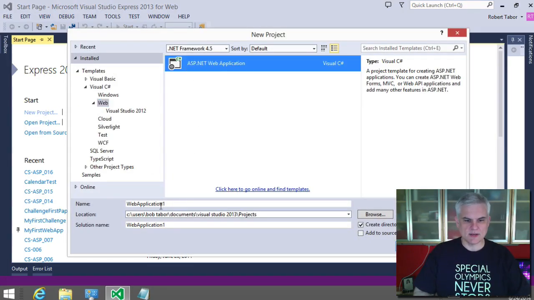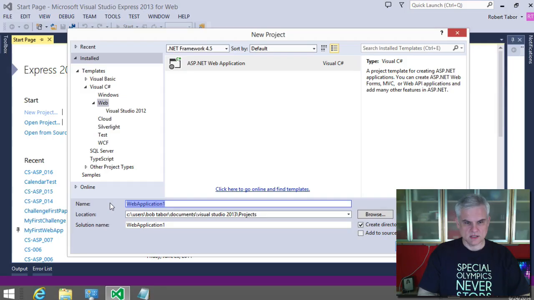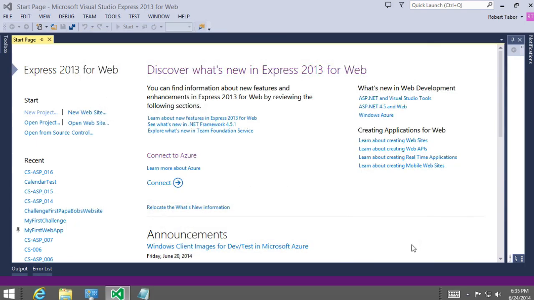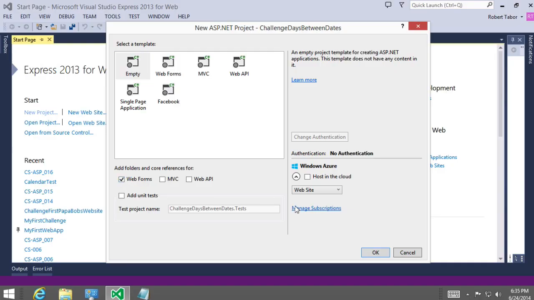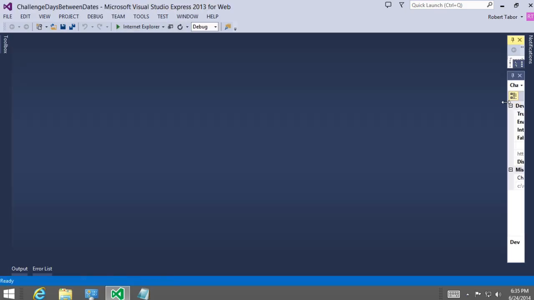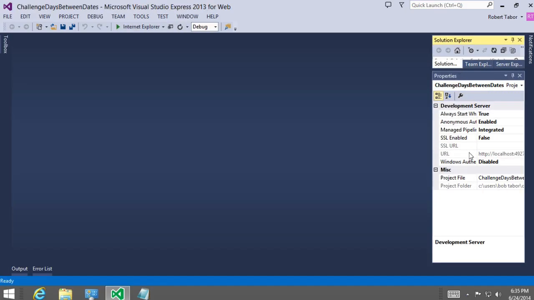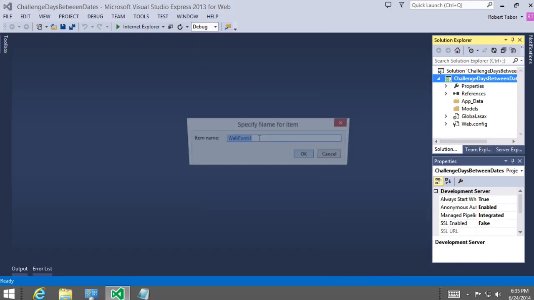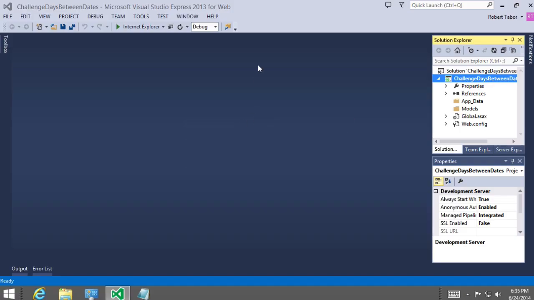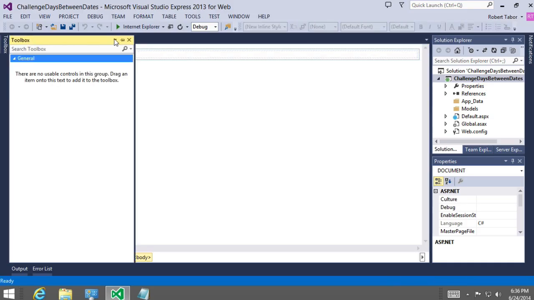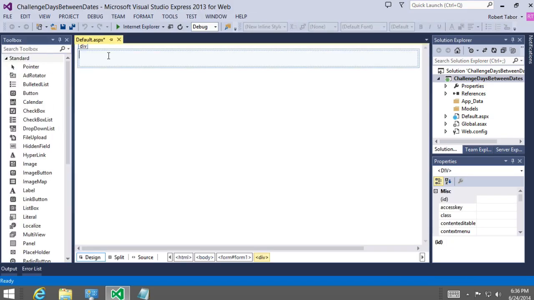So we're going to create a new ASP.NET web application called Challenge Days Between Dates, and click OK. Empty, add folders and core references for web forms. All right, we will right click. We're going to add new web form, default. Okay, and we'll go over to the design view, go to the toolbox, pin that down, and we'll start with